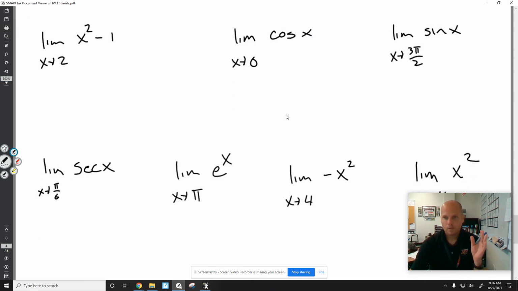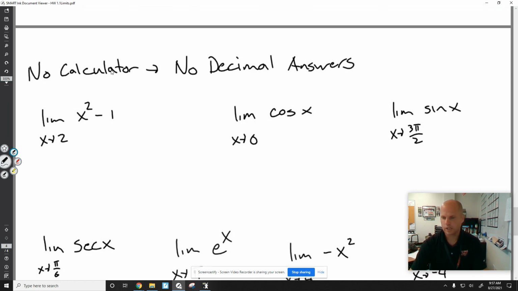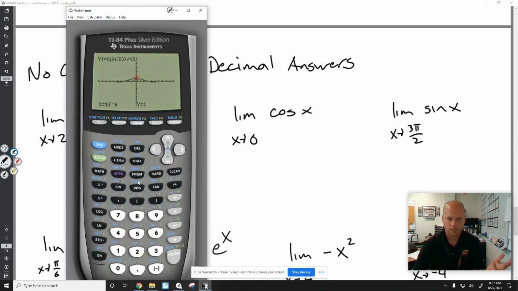Now, these next 7 functions, I'm saying you can't use your calculator, but you need to find the limits. Okay? And it's like, well, what do you do? I've been able to plug values into my calculator, like I just did for sine x over x. How do I plug in 1.999, 2.001 here? Well, the key to all these functions is that